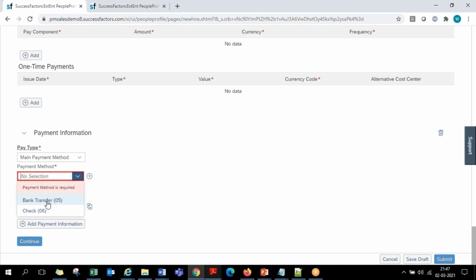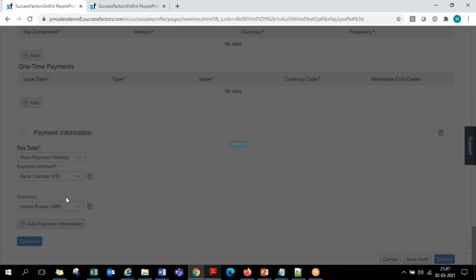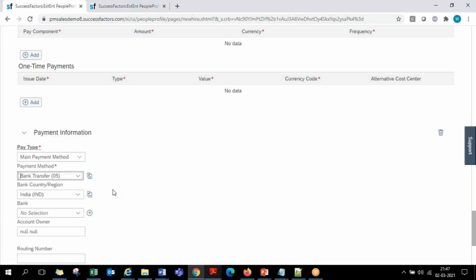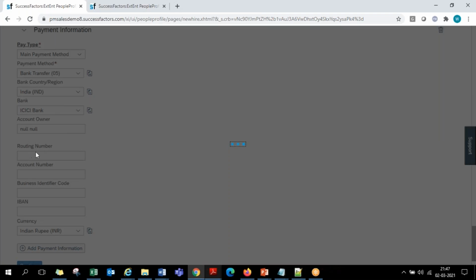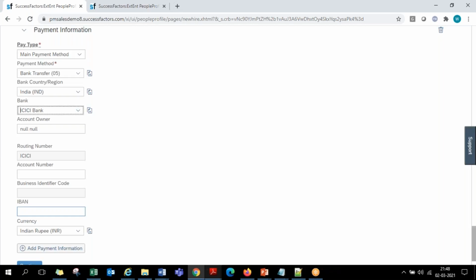Now once you choose bank transfer, for example, a few more fields will be expanded automatically, which will ask for the bank name. So which bank? There is something like ICICI Bank, some bank. So in that bank, we have the IFSC codes for the banks and all. Here's the routing number, the account number of the individual, all that can be filled in.